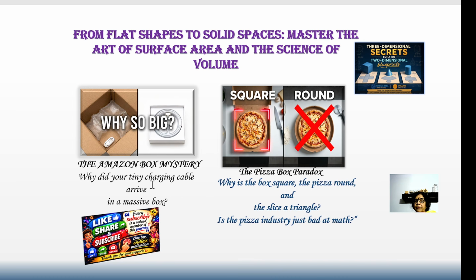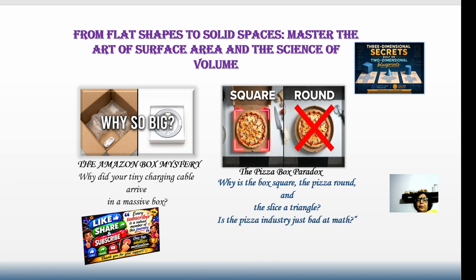The next example that we have is the Amazon box mystery. Generally, what happens is you find that even if you order a very small article, it is delivered in a big packing box by all these different online delivery personnel. So, what is the reason behind that? Basically, the shipping companies have a standard size and they know that these many articles can be delivered in a particular shipment. So even if it is a small object, it is put in a big box so that they do not have to calculate the total space that is required every time or how many boxes can be delivered in a particular shipment.